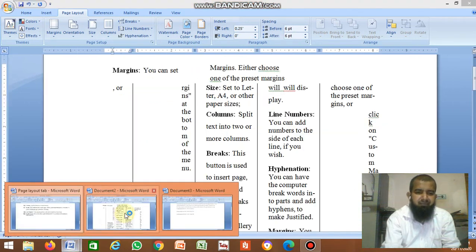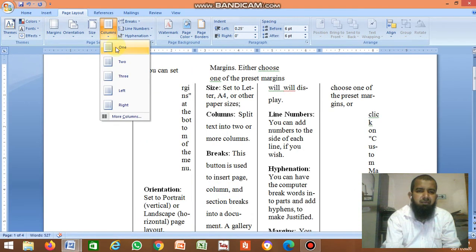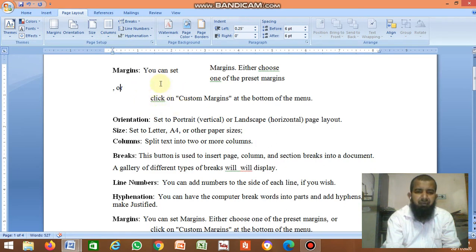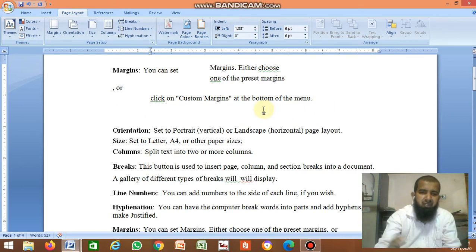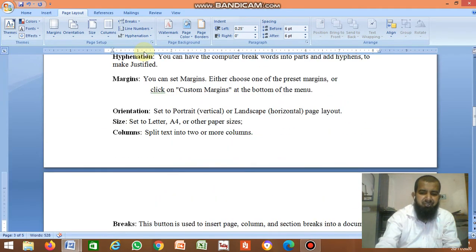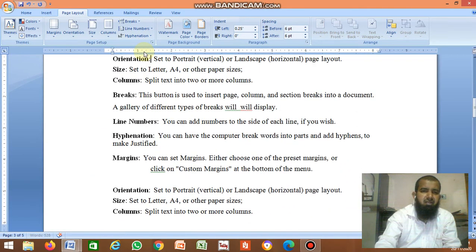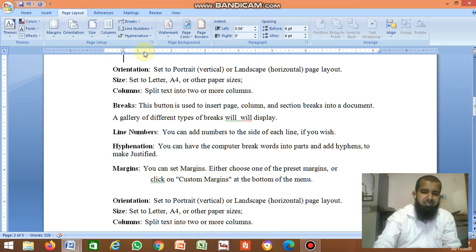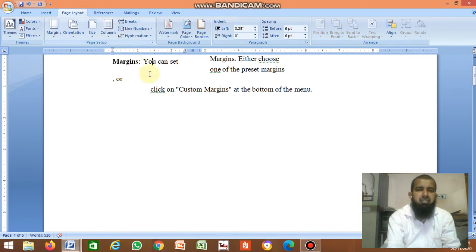Suppose after this text you want the remaining text on the next page. From Orientation onwards you want to display on the next page. For that, go to Page Setup, Break, click Page Break. The remaining text displays on the next page. Clear? This is about the page break.